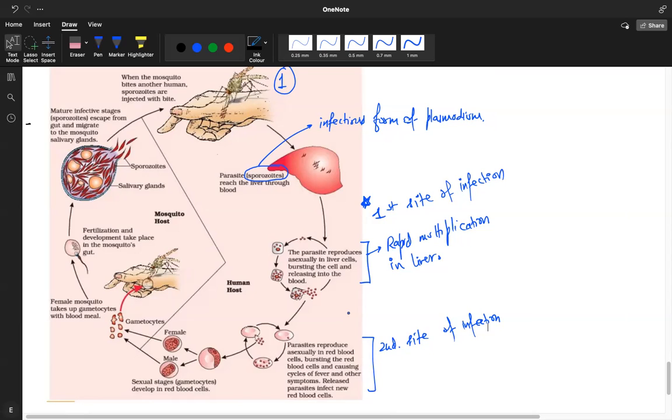And then it attacks the RBCs. They rupture the RBCs and release hemozoin, which is a toxic substance, a toxin basically, in the blood. And this attack, this release of hemozoin and this attack on RBC